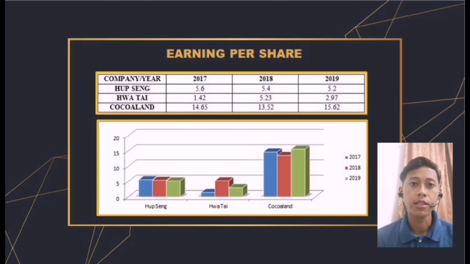I will continue to explain earning per share, return on total asset and return on equity. Earning per share: from the graph we can see that among the three companies, Coquelin is better than the other companies. The percentage earning per share of Coquelin is